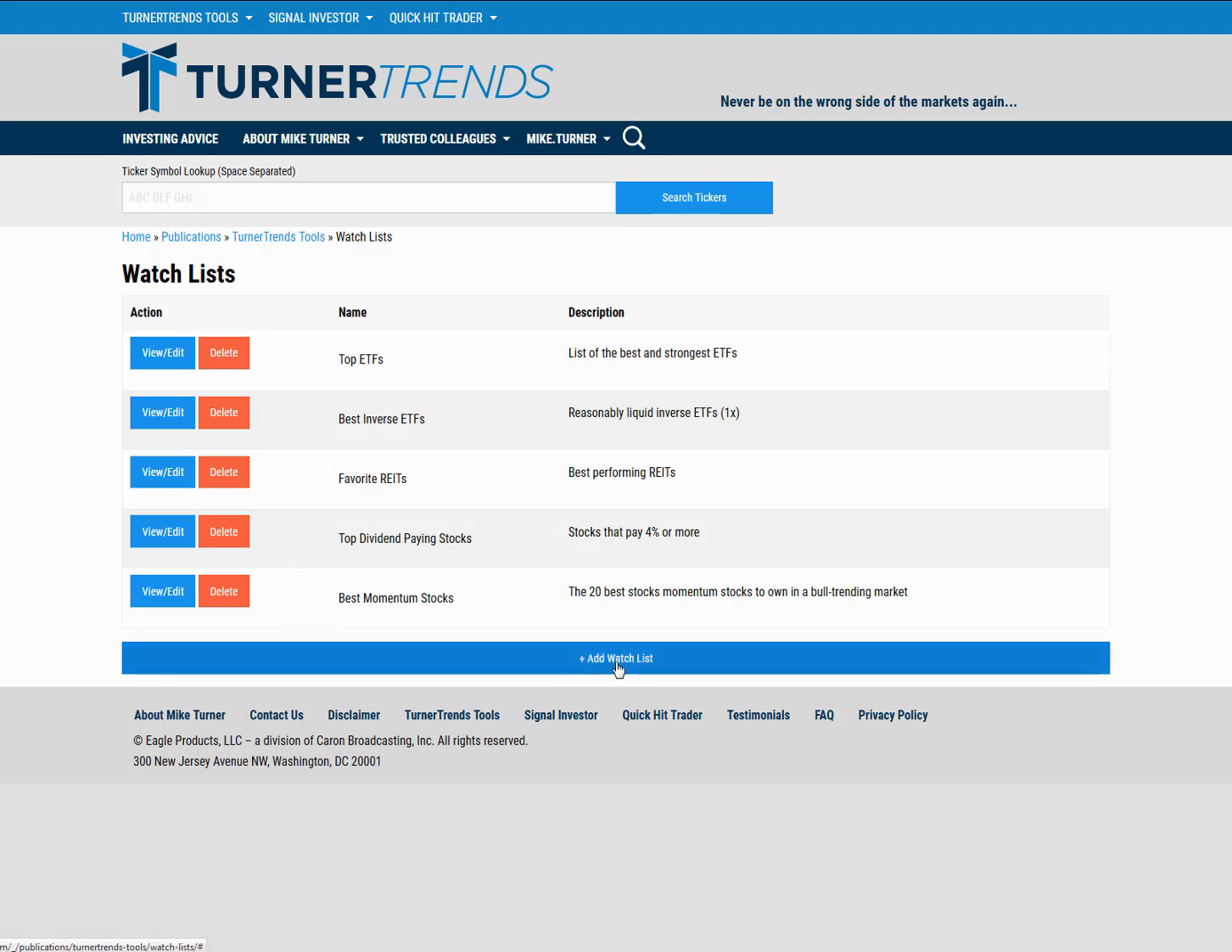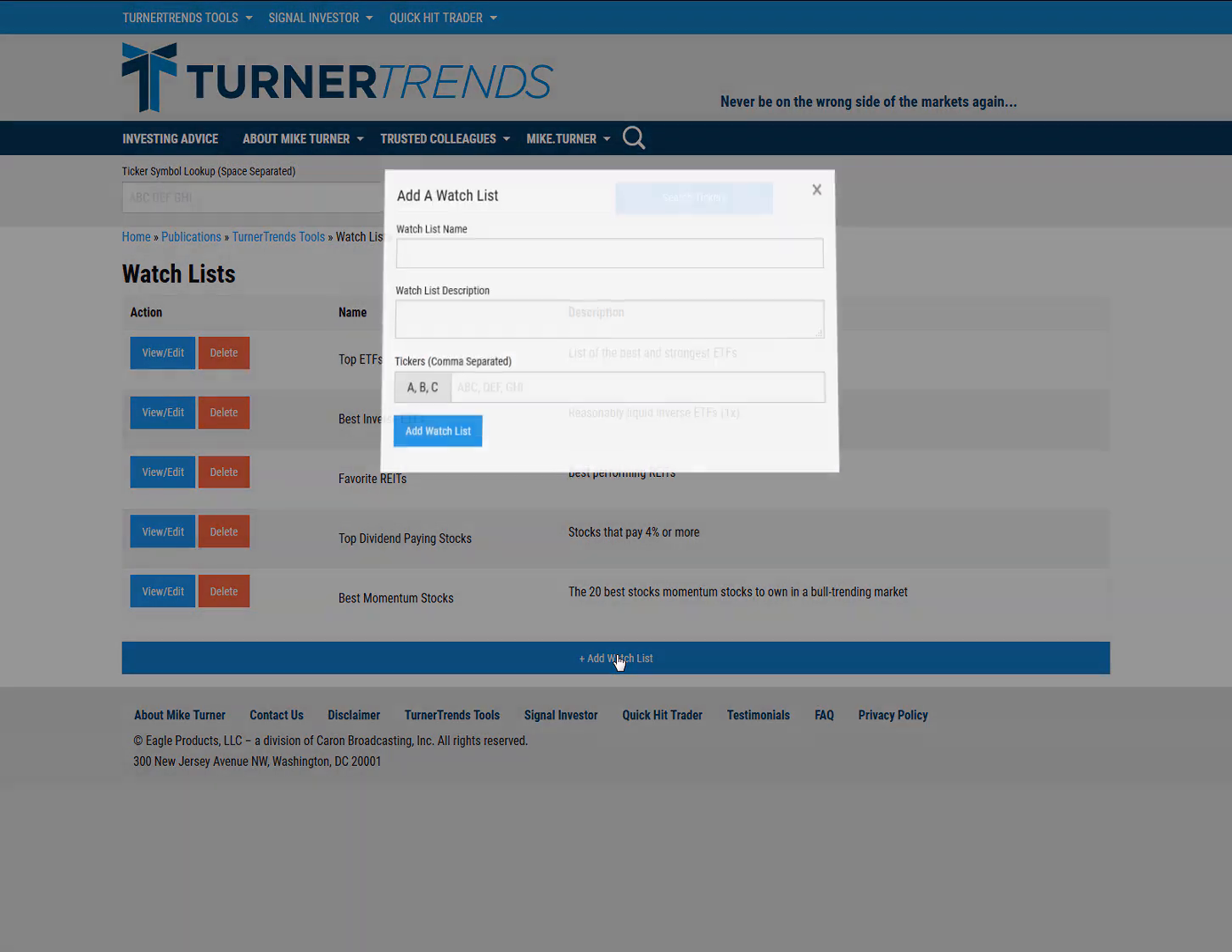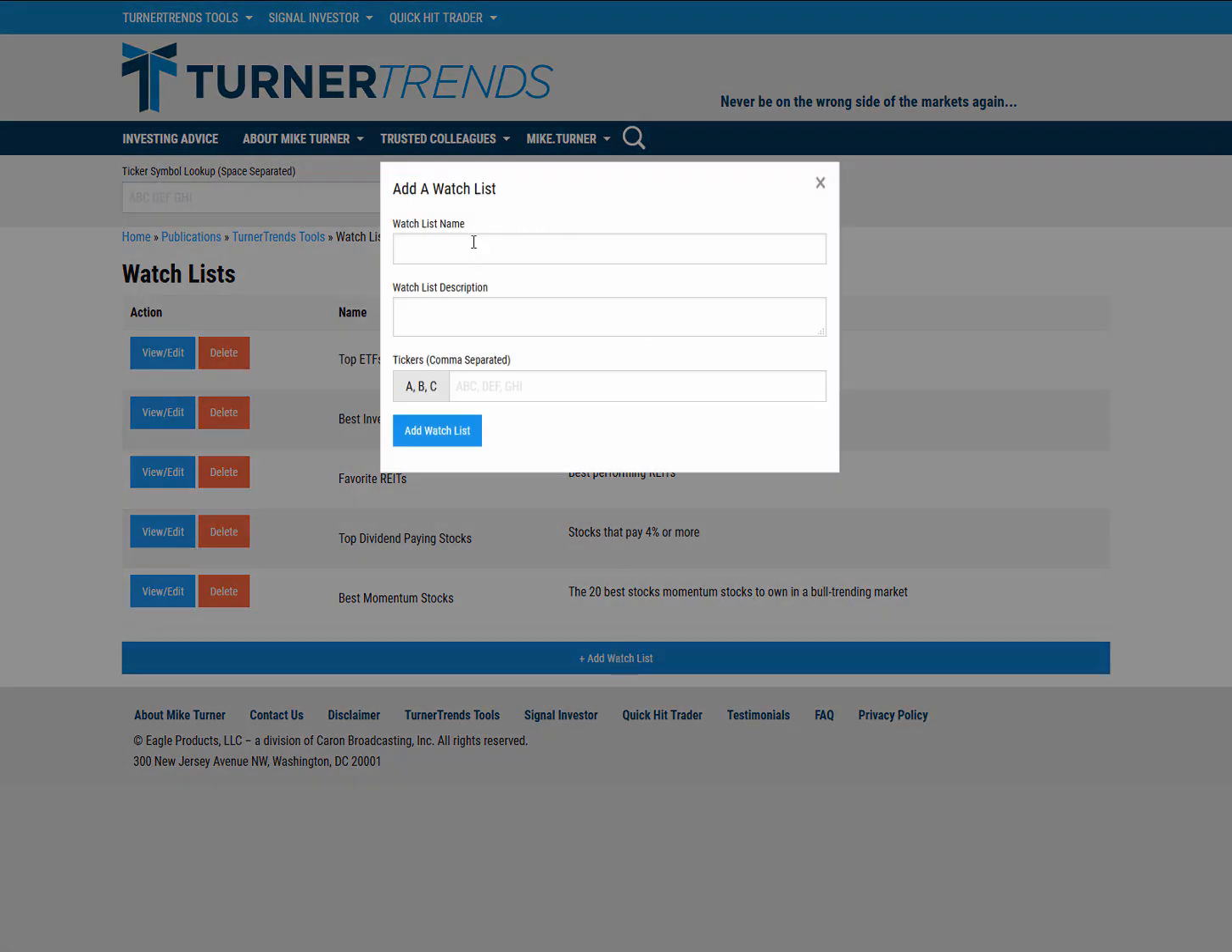If you want to add a watch list, all you've got to do is click this button, and up pops the list. It gives you the name, a description. You can enter in any number of tickers that you want, and that'll create the list. Another way that you can